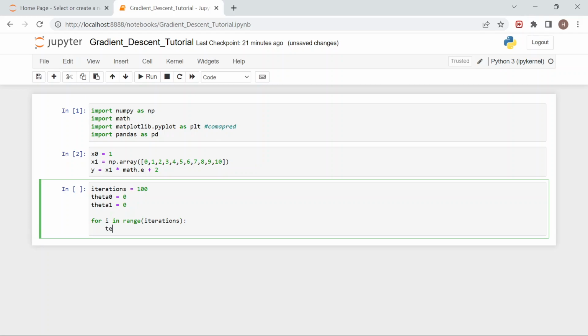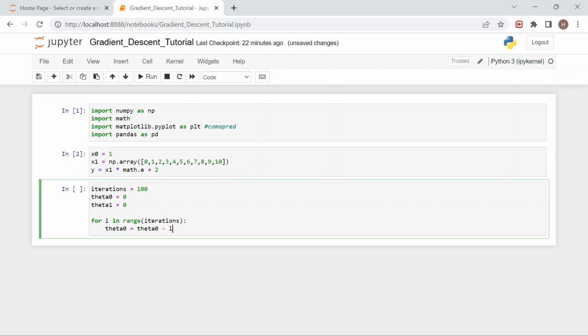Well, we want theta 1, but let me do theta 0 first, which is our bias basically. What do we want to do with our bias? Well, we want to subtract